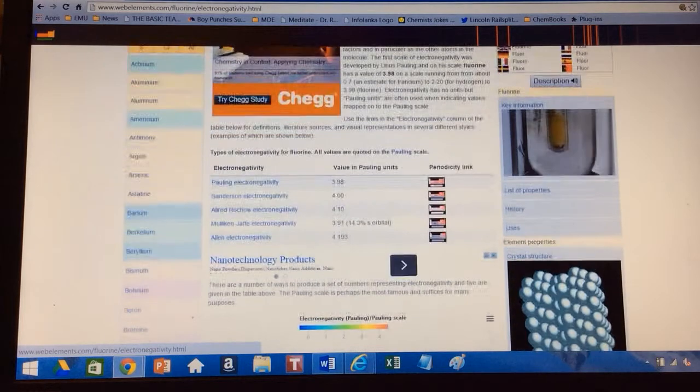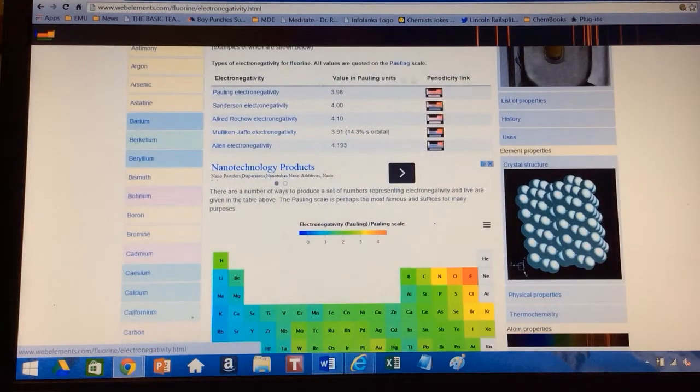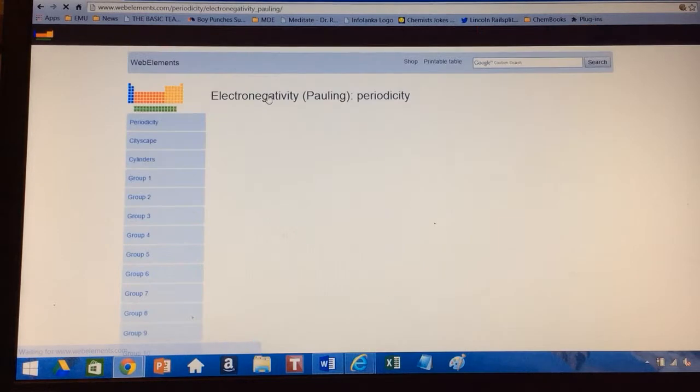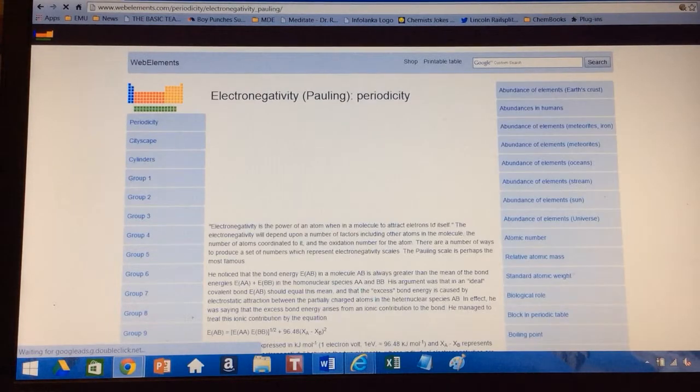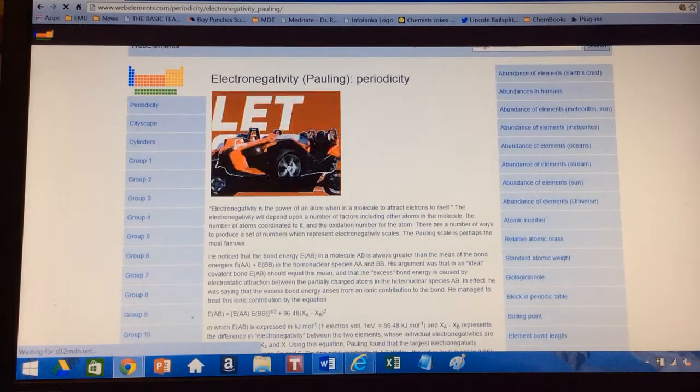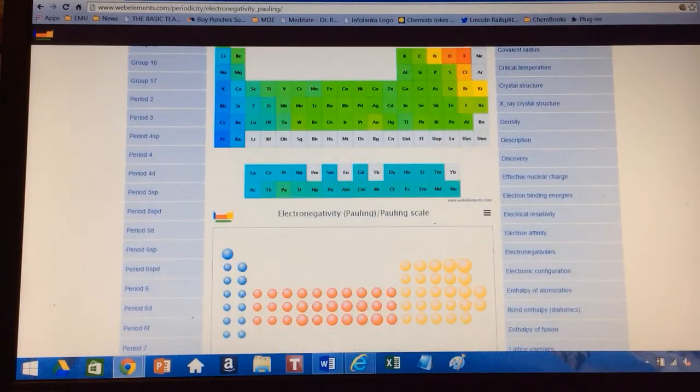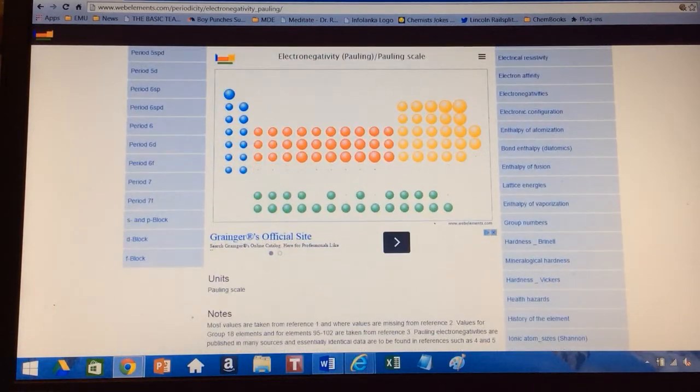And in addition, if you want to further compare the electronegativity of fluorine with other elements in the periodic table, you can click on one of the scales for electronegativity calculations. For example, here I am clicking on Pauling electronegativity. So if I scroll down, I get a